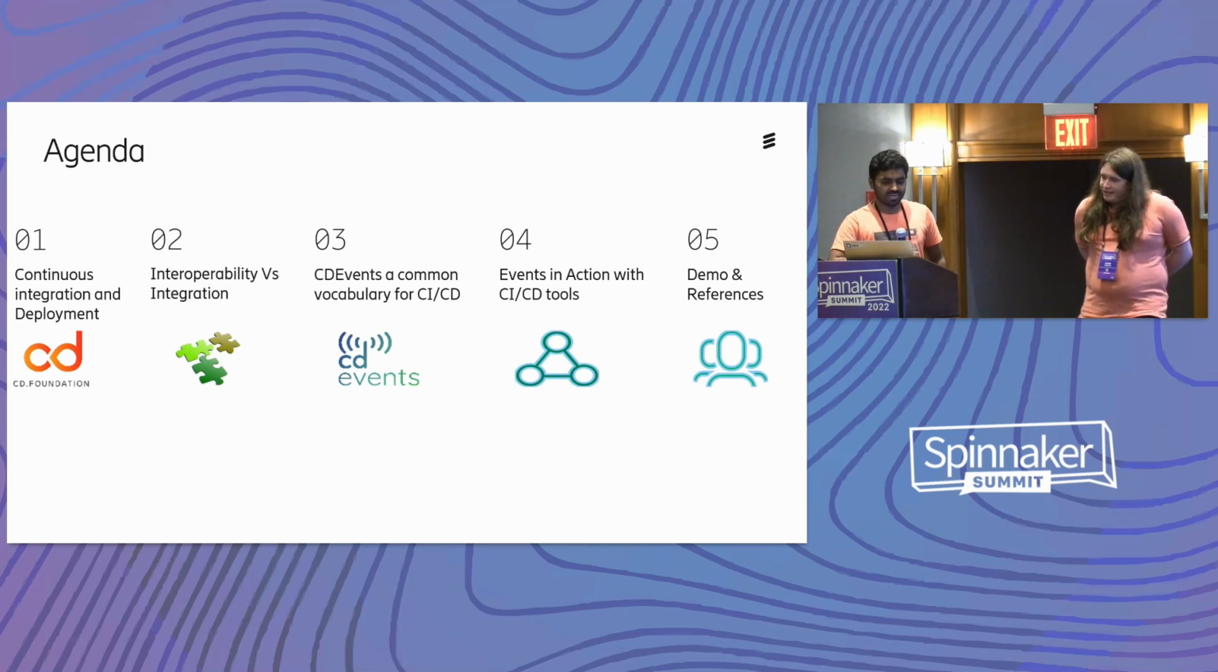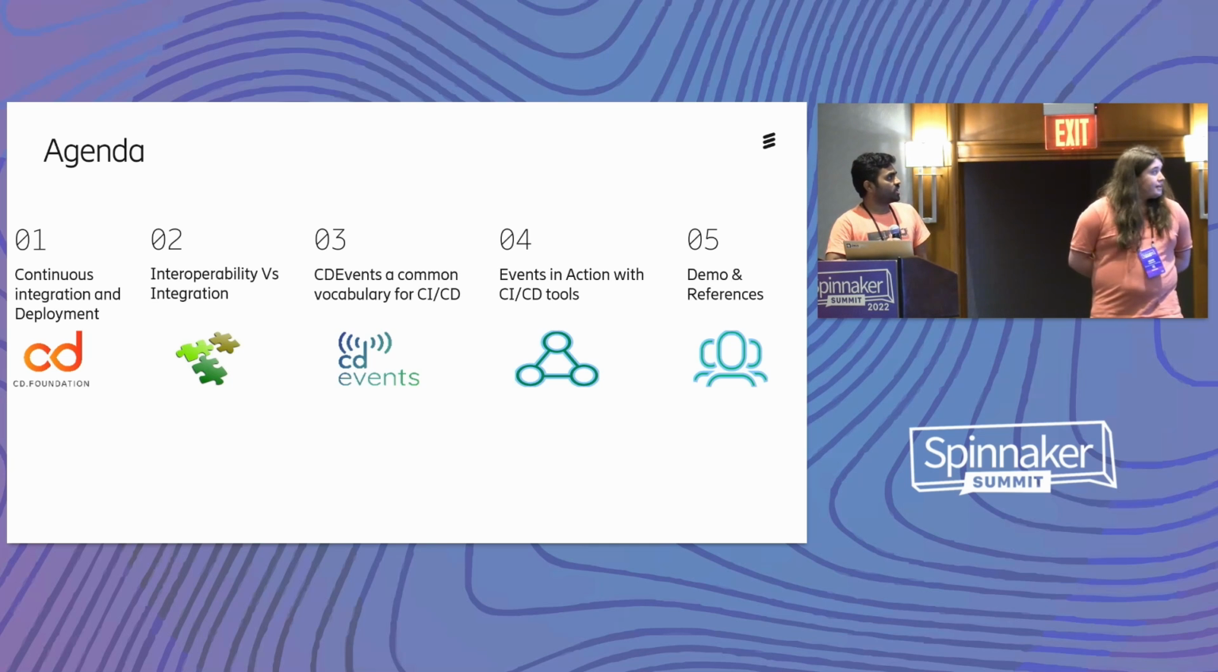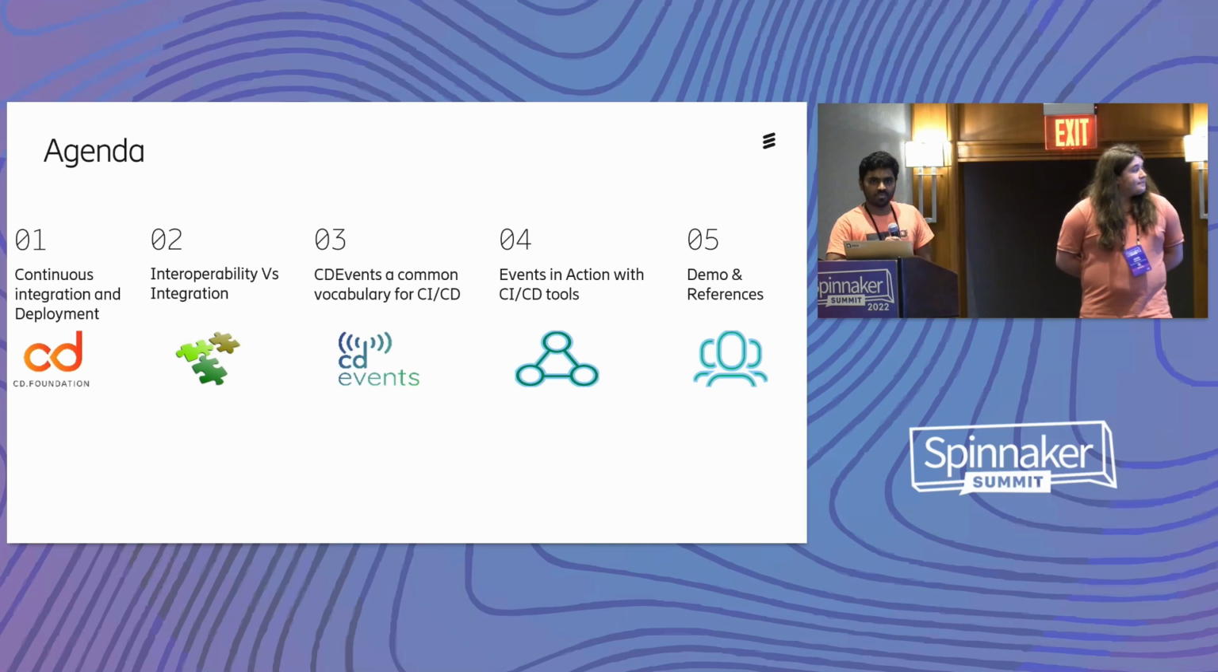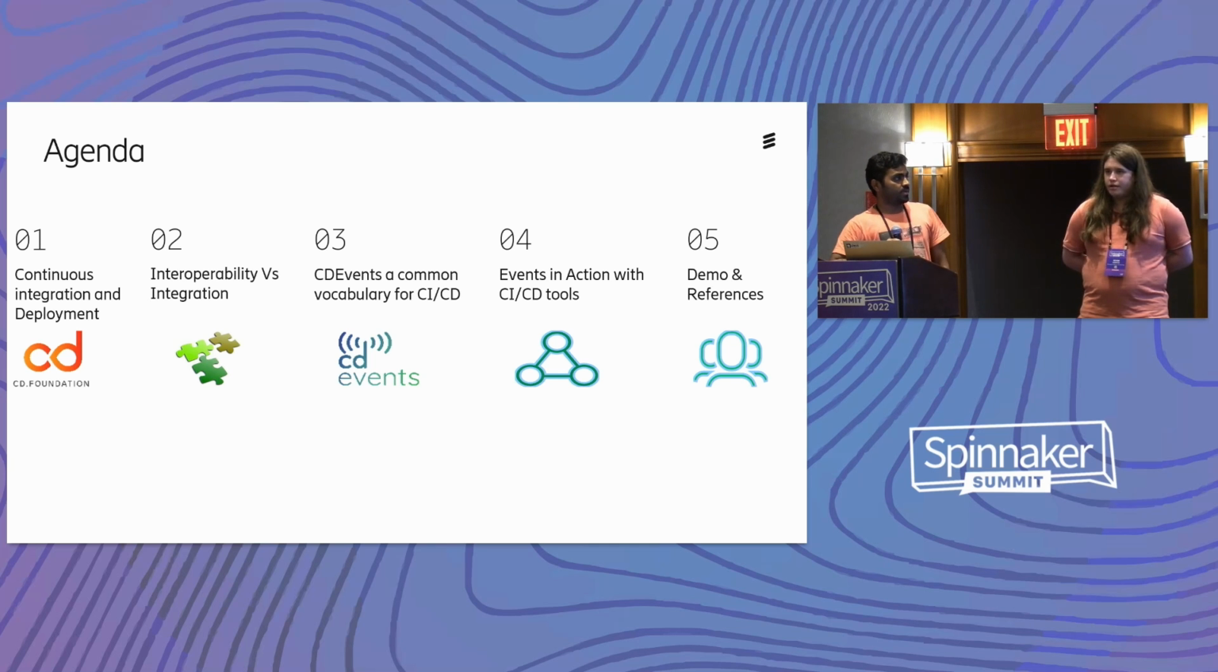So coming to the agenda that we have today to discuss. We'll talk a little bit about what continuous integration and deployment is in general, just an introduction, and we'll talk about interoperability versus integration. We'll see how different tools can communicate using interoperability or integration, and which is best. We can see some examples, and we'll see what CDEvents is and how using CDEvents we can communicate between different CI/CD tools within the CI/CD ecosystem, and we'll see events in action with CI/CD tools, and finally the demo